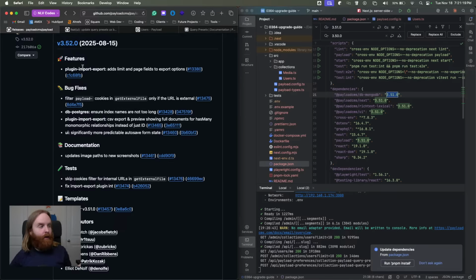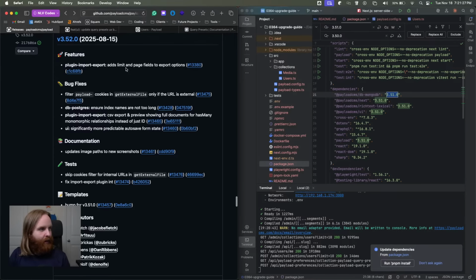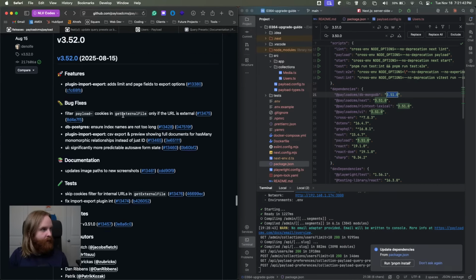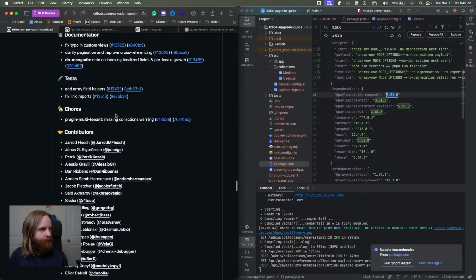And this plugin import export is the only feature in 3.52. So you can add limit and page fields to export options. Not really much to write home about there. And then I'm just reading the bug fixes real quick. Not much here either. And so we're going to skip 3.52